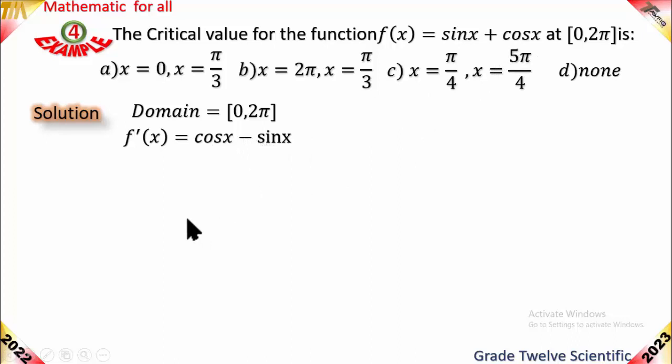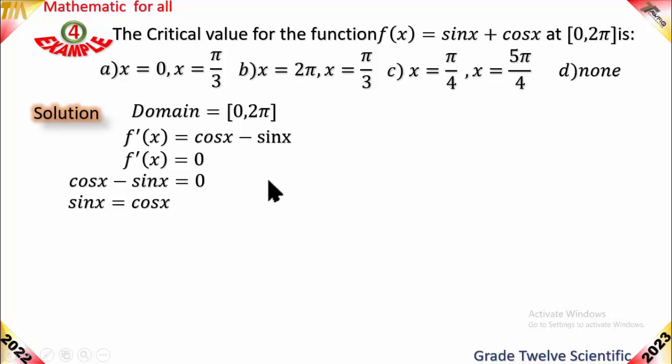And now make the derivative equal to 0. Then cosine x minus sine x is equal to 0. Take minus sine to the right side and write sine x is equal to cosine x. Dividing both sides by cosine x, it becomes sine x over cosine x is equal to 1. Sine x over cosine x is tangent x, which is equal to 1. Tangent is equal to 1 when